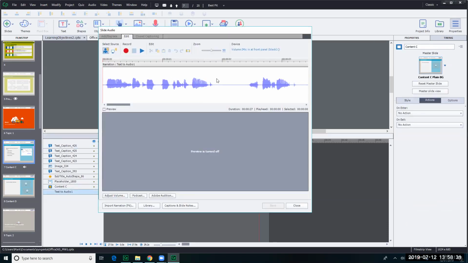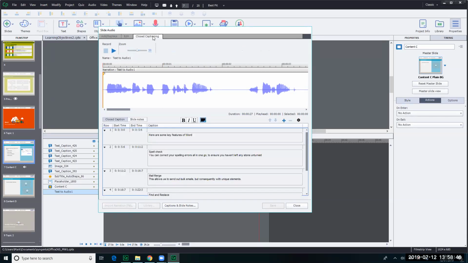That will open up the individual audio file, which is, you will come here, and if we get a chance later on, I'm going to show you how to record your own audio. But why we're here now is we're going to look at the closed captioning tab of this panel, and you can see on this closed captioning tab,